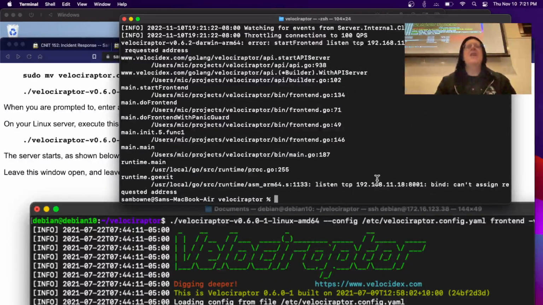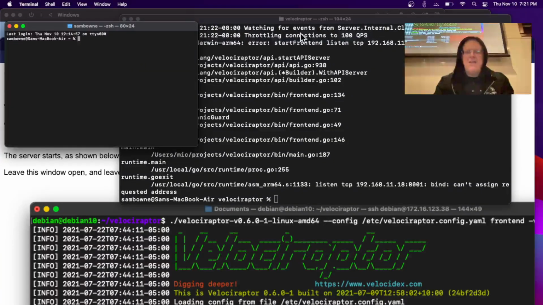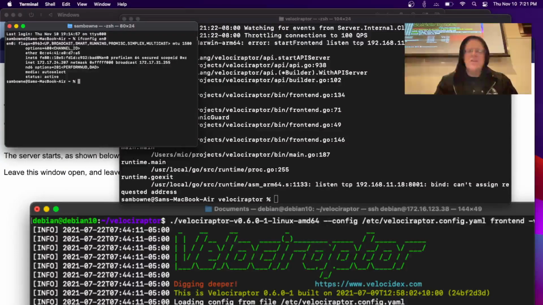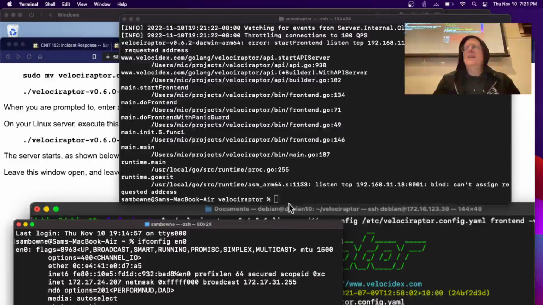The same thing happened here. I need to adjust that other config too. I need to put the right address in it. So I need to edit this file, and I need to put in the right address. So I'm going to copy this name, and I'm going to open another command prompt so I can have the ifconfig en0 here visible so I can see it. All right. And now I'm going to put it in here, sudo nano,